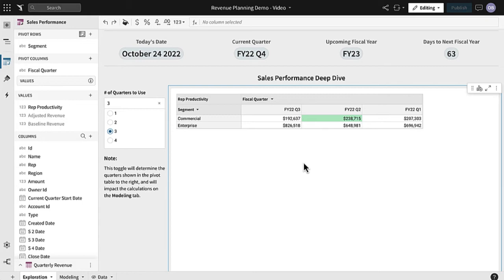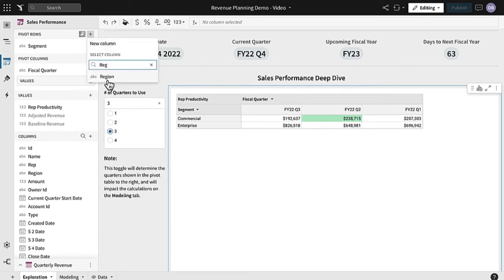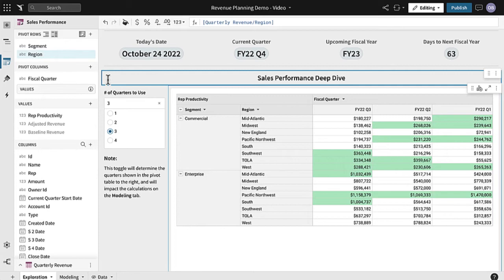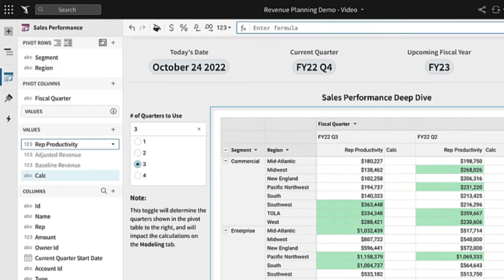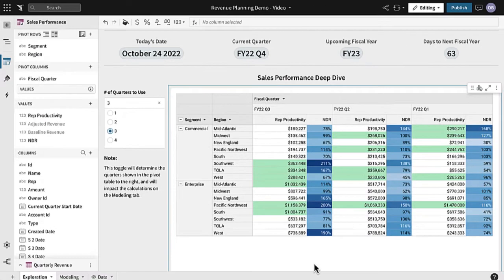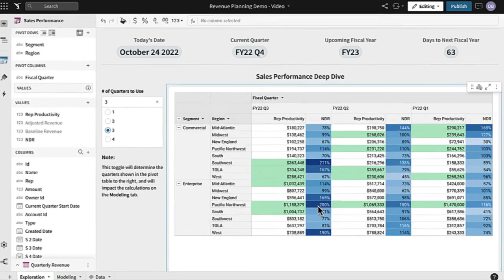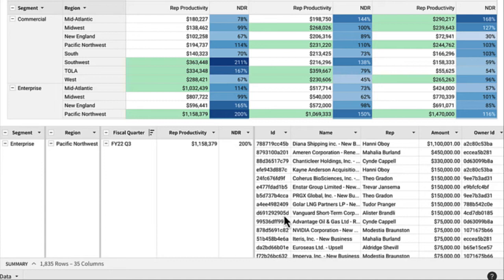This Sigma pivot table is built on cloud CRM data, so it's easy to answer follow-up questions. To break down productivity by region, simply add region to the pivot. The Pac Northwest enterprise looks healthy, but productivity doesn't tell the whole story. Quickly add NDR to the table by defining a new formula, just like you would in a spreadsheet. The most recent quarter has a suspiciously high value of 200%. You can investigate that value by showing the underlying data, then finding an outlier that will skew your analysis and